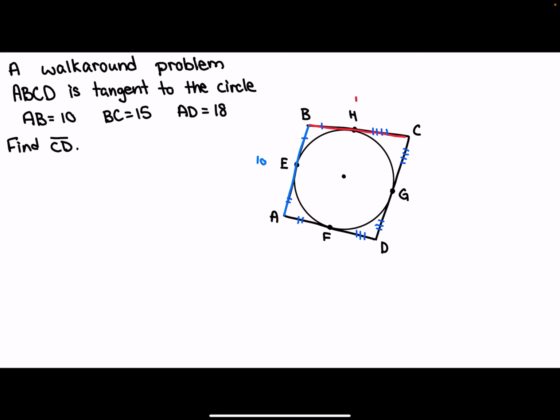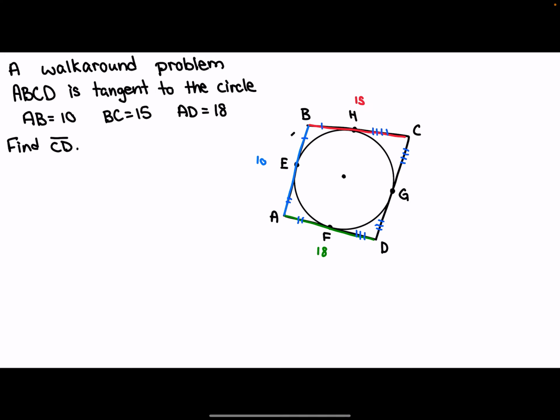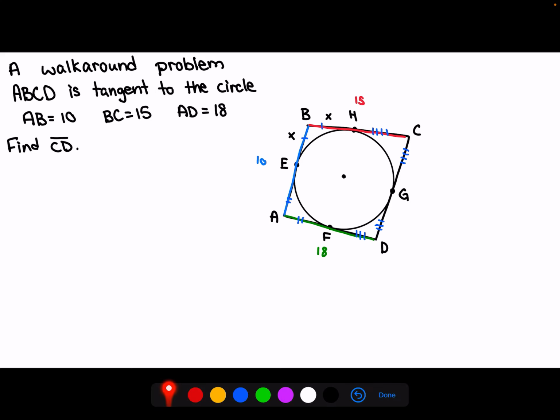And that's just from our given information. We would like to find out CD. That's the only missing side that we do not have. So the first thing I'm going to do is call BH and BE both X, an unknown variable. You can start anywhere with that variable, but from there you'll need to walk around your